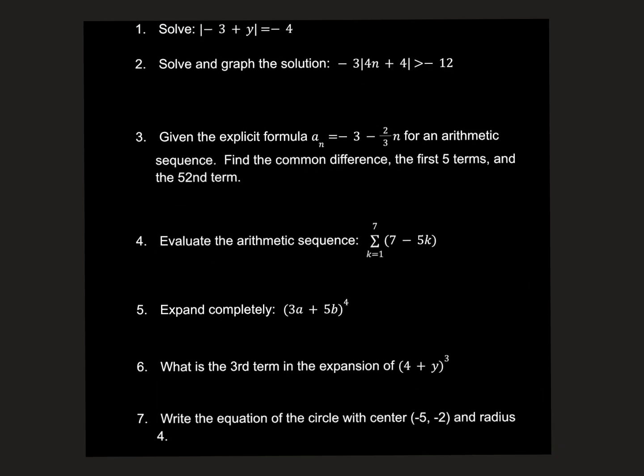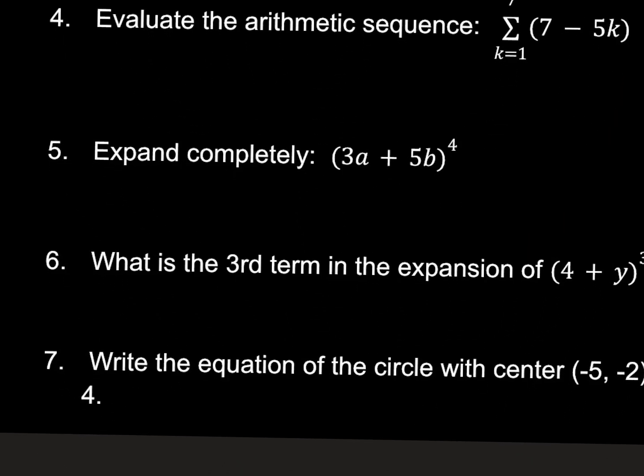First one I see is number 5. It says expand completely. Remember, there's all kinds of patterns here. Because that exponent is 4, there's going to be 5 terms in your answer. Go to nCr, go to y equals in your calculator, type in 4 nCr x right there. Then go to table, and you should see these numbers 1, 4, 6, 4, 1 in the y column, and